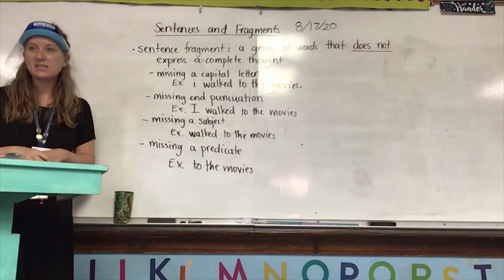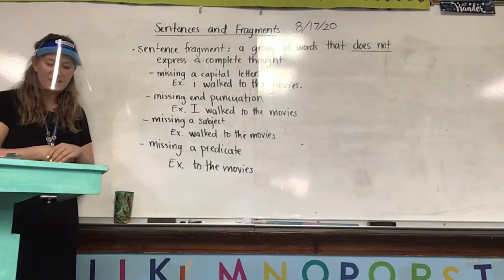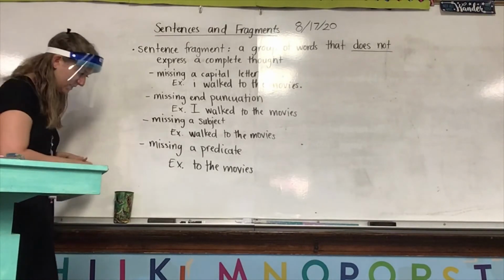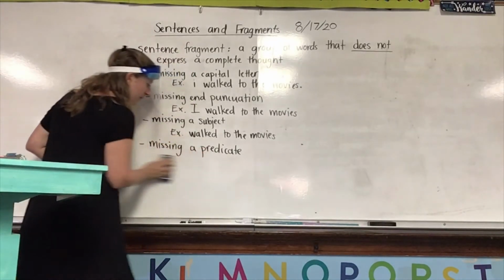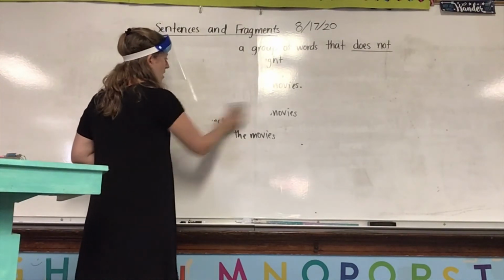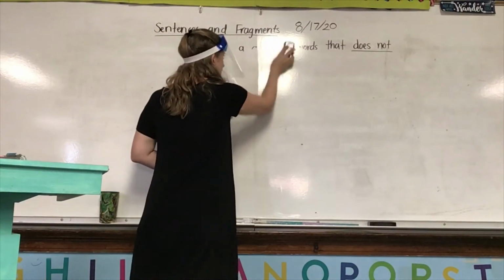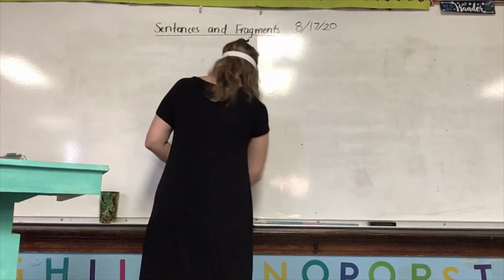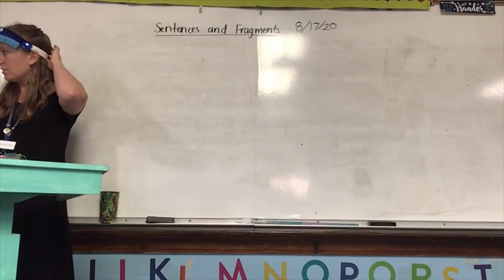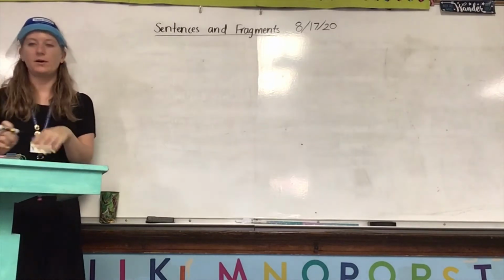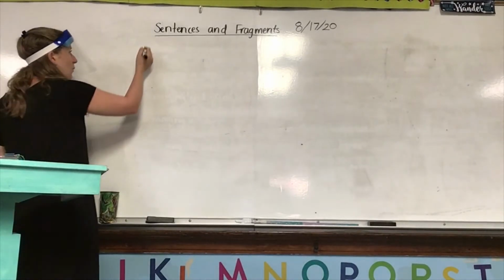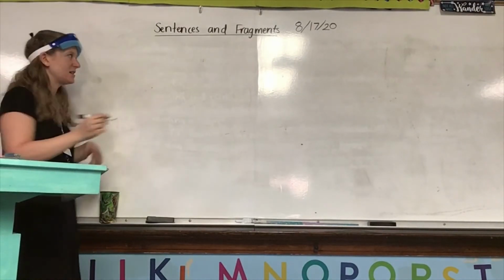Okay. Now we're going to go ahead and erase because we're going to talk about two types of sentences. There are several different types of sentences. There are 4 that we're going to talk about, but we're only going to talk about 2 today. We'll talk about the other 2 on Wednesday. Victoria, did you have a question, or were you wanting to answer the question? Okay, so there are 2 types of sentences that we're going to talk about today.